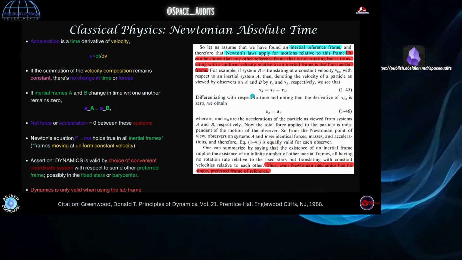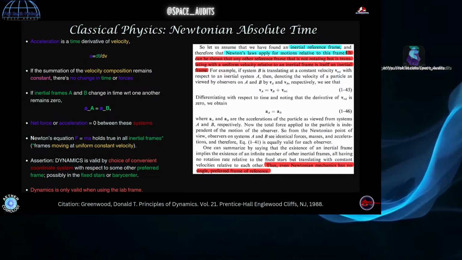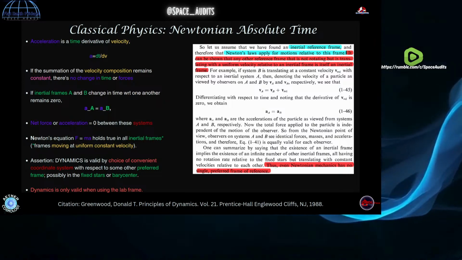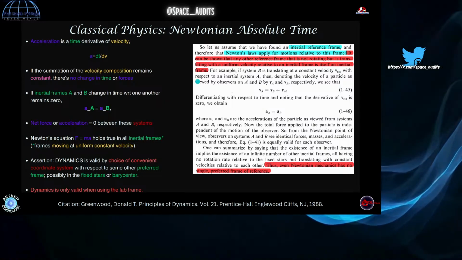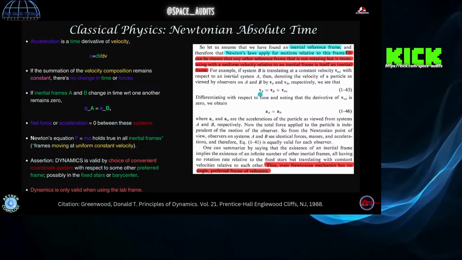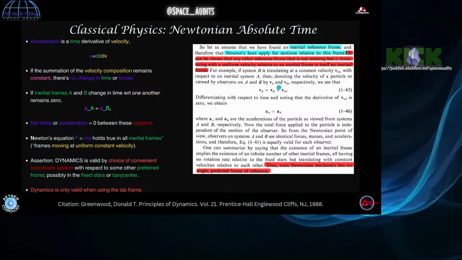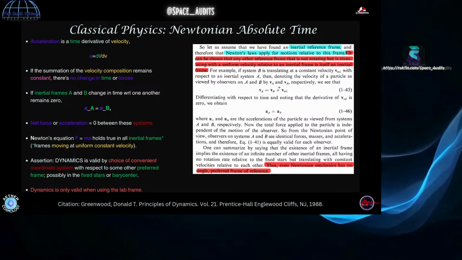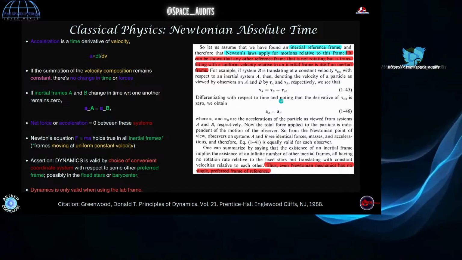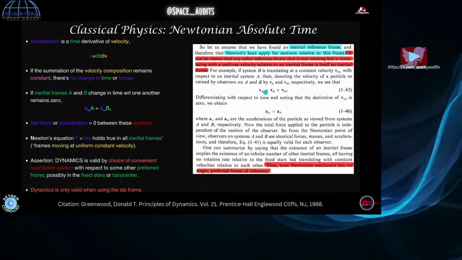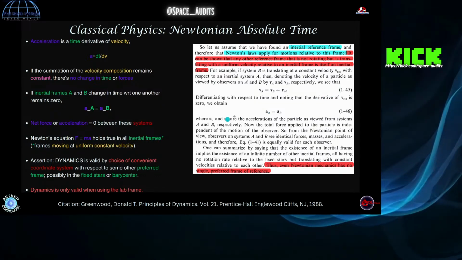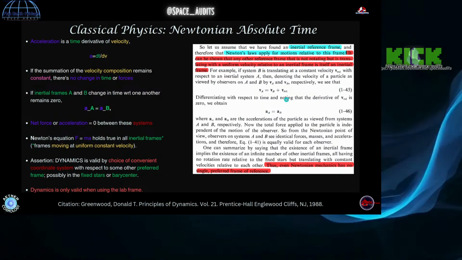All right, so earlier when I was talking about the velocity addition stuff and how they would take a derivative of the relative acceleration to determine whether there's a change in time, to determine if there's an inertial frame, this is what they lay out. So we're just looking at a coordinate system here of two particles in relative motion. Even if their velocities aren't the same, when you add them together, and then if you do the same thing again and there's no change between the two, then they're in uniform relative motion to one another, and they're both in inertial frames, and Newton's equations would hold true in them.